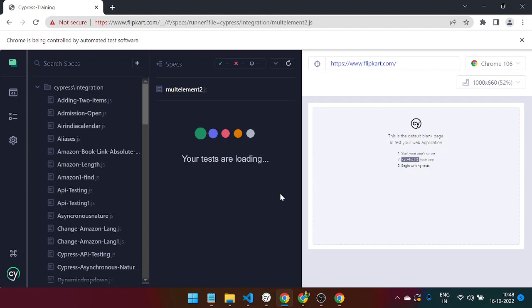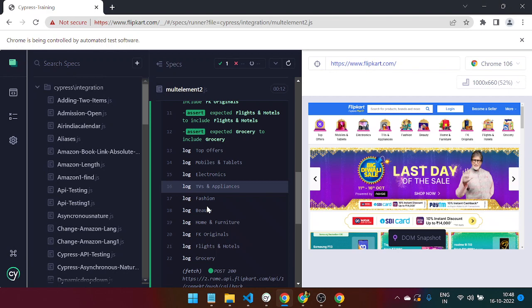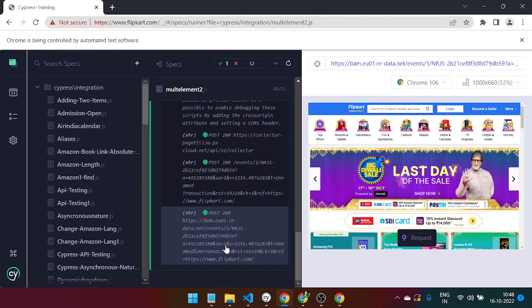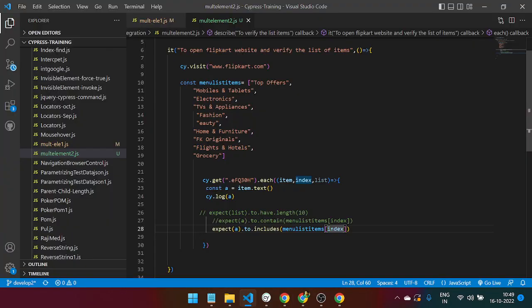This log contains beauty here. This is the data I'm getting here. Instead of using expect, I just try if